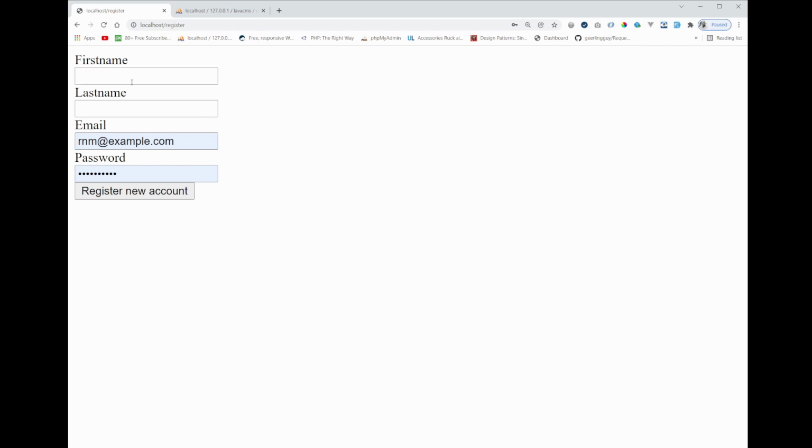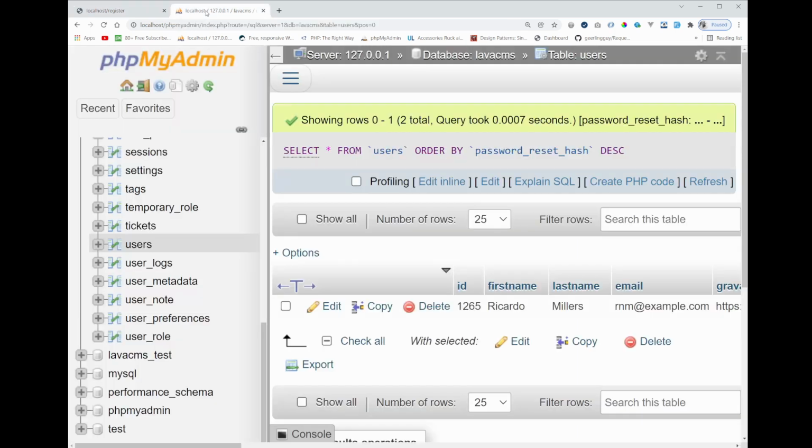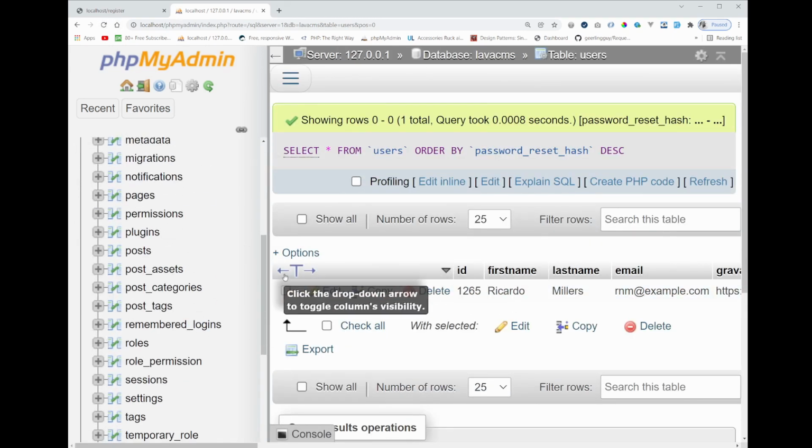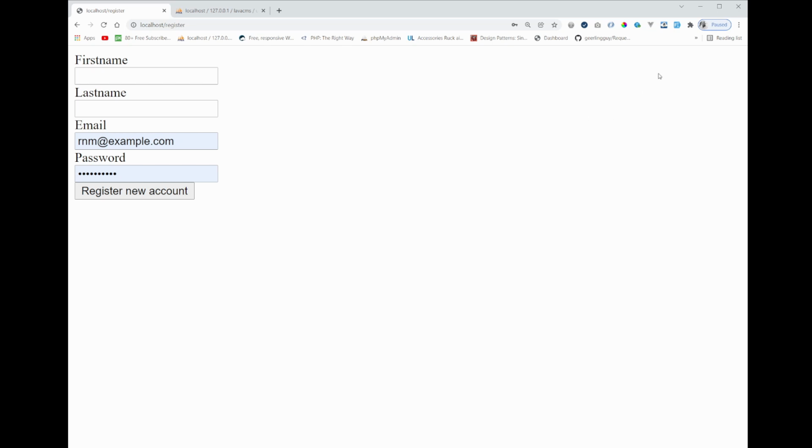So I'm going to show you my database, which I've got loaded up right here, and it should already be on the users table. So let's go on there. You can see that we've only got the one user at the moment, which is what we just logged in with. So let me reload. You can see we've still only got the one record in our users database table. So if I go back to my register route, I'm going to use my Chrome fake filler to fill these empty spaces to get some information. So that's it. I've just hit that button. It's filled these inputs for me. I'm going to hit register,